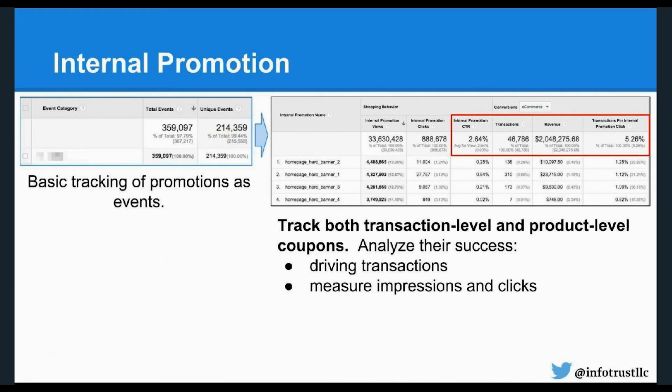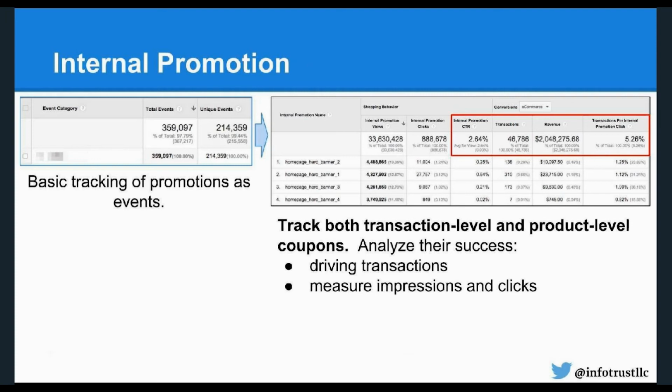We also have that other areas to say, well, what about those products that you're trying to cross-sell? Oftentimes you'll see internal promotions, recommendation engines, where you're trying to drive understanding to say what's actually happening with the things that we're trying to cross-sell. That's where the internal promotion capabilities come in. So whereas before we could track broad events to say somebody was clicking on a particular promotion or they were engaged with it, now we can bring in some of that same type of depth that you see from external marketing and that you see from individual products to the promotions.